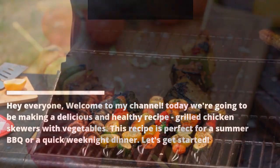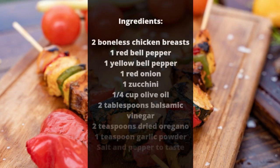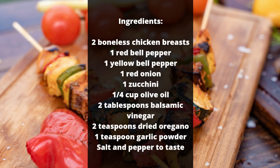Let's get started. Ingredients: 2 boneless chicken breasts, 1 red bell pepper, 1 yellow bell pepper, 1 red onion, 1 zucchini, 1/4 cup olive oil, 2 tablespoons balsamic vinegar, 2 teaspoons dried oregano, 1 teaspoon garlic powder, salt and pepper